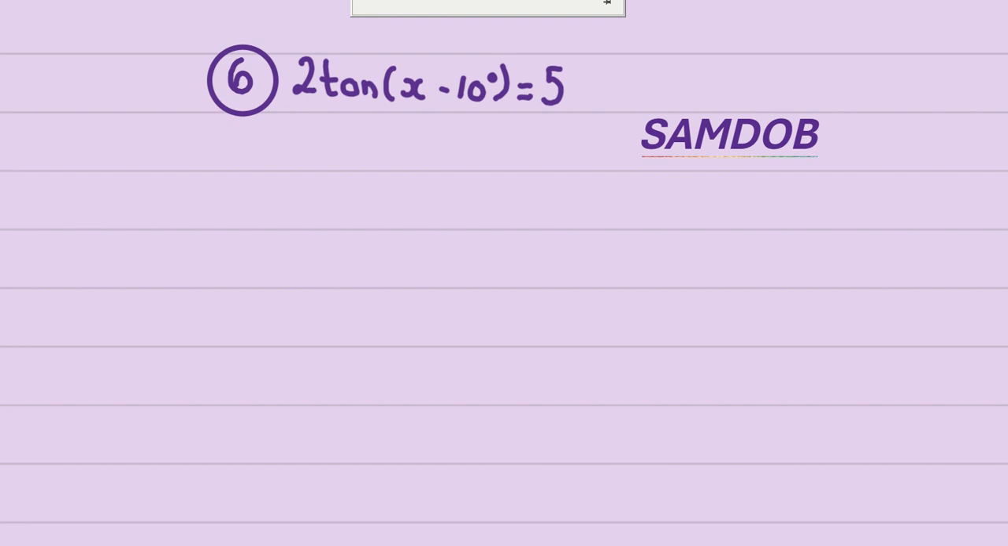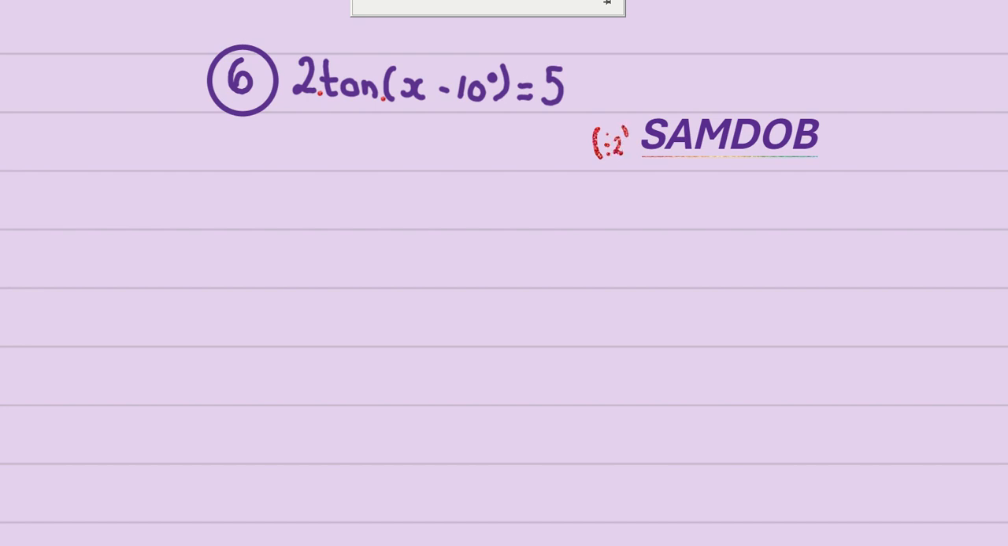We have 2 tan, and then in brackets we have x minus 10 degrees equals 5, right? So if you look at it, we have multiplication over here, then we have some more multiplication, right? And then we have our bracket. So of course we need to proceed from left to right. So our first priority here is to divide both sides by 2, which I'm going to write in here very